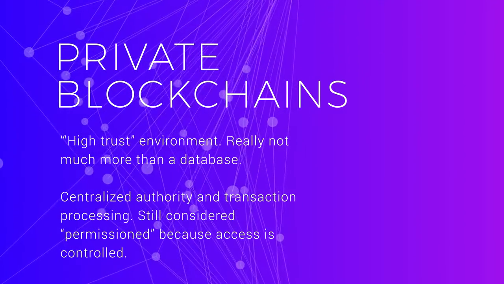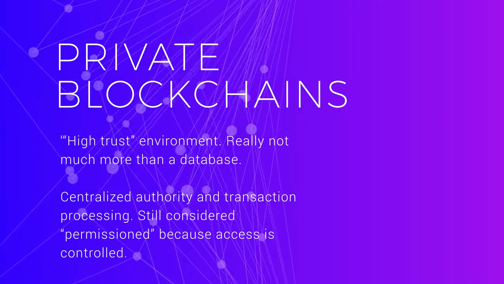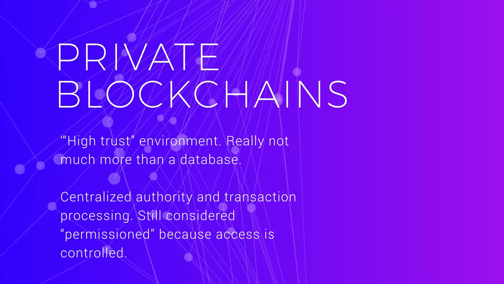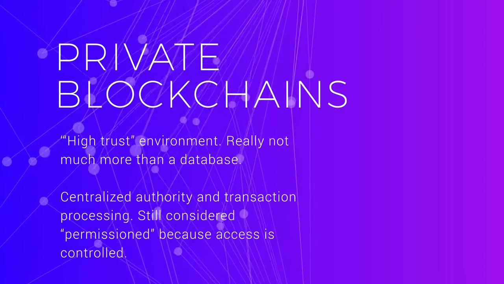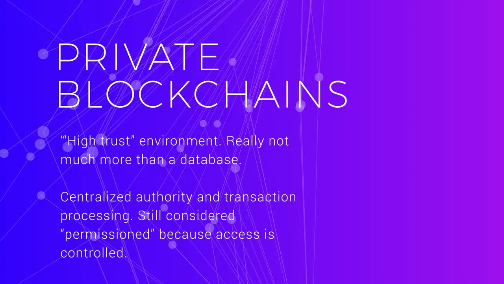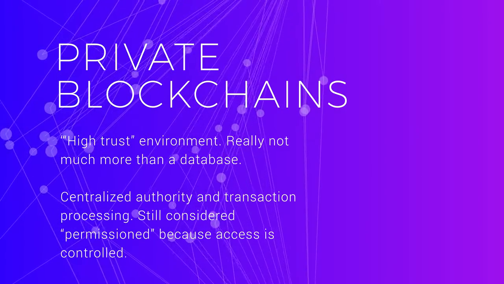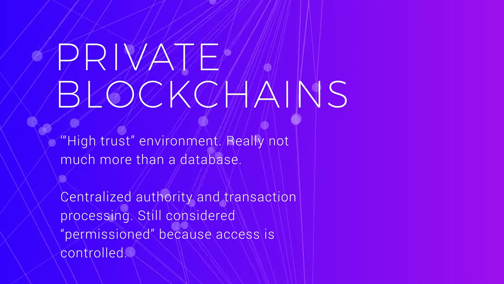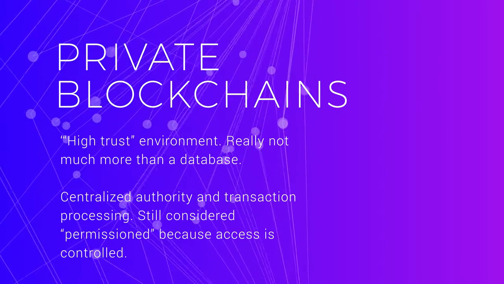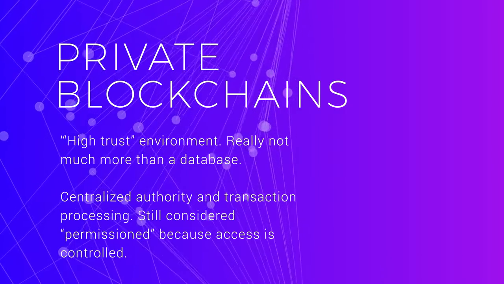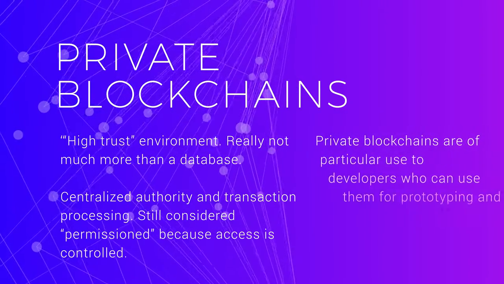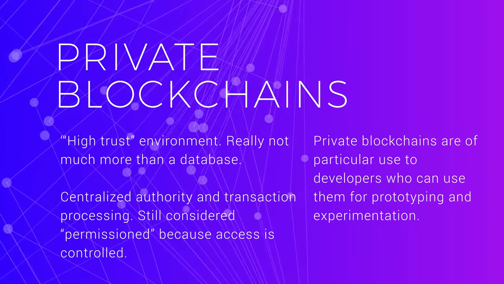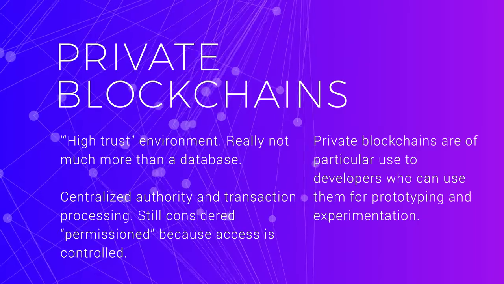In many ways, private blockchains are essentially just databases. However, blockchains have built-in benefits of cryptographic auditability, more immutability, and identity as it relates to transactions. Any transactions and changes can be traced over time, and to specific parties. This is not necessarily the case with databases, in which data can be added, removed, and modified, and is not necessarily traceable. Private blockchains are of particular use to developers who can set up and control their own blockchain instance to test their software and experiment with prototypes.